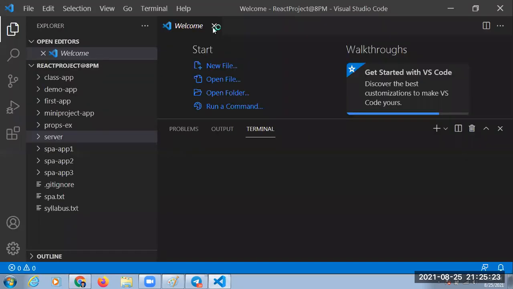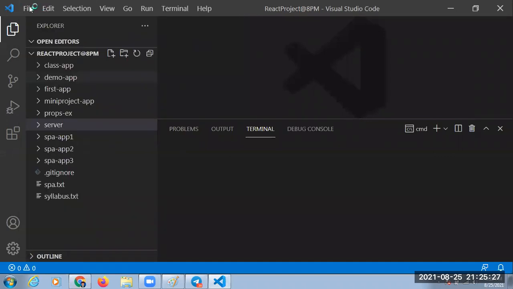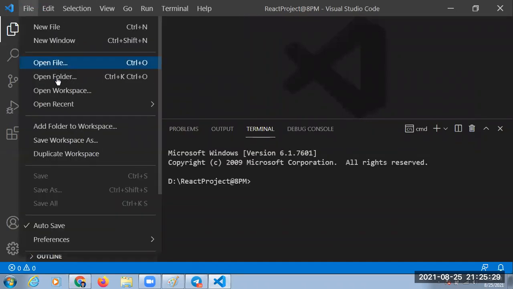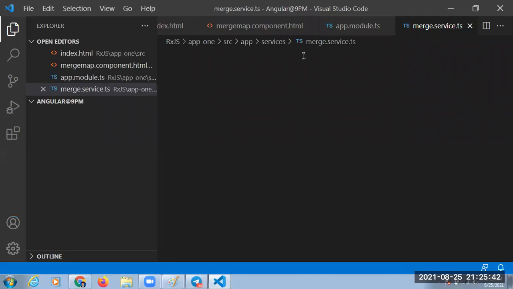Please open Visual Studio Code. After opening Visual Studio Code, observe this one. File, next one is open folder. File, open folder, which folder? Angular 9 PM folder. Yes, the Angular 9 PM folder. After going into the Angular 9 PM folder,